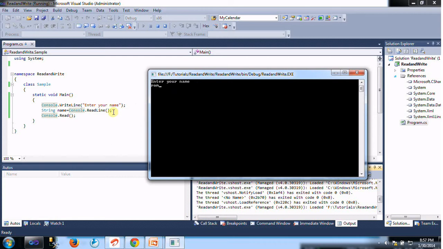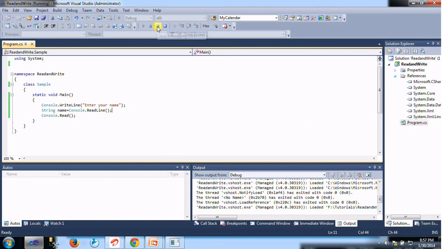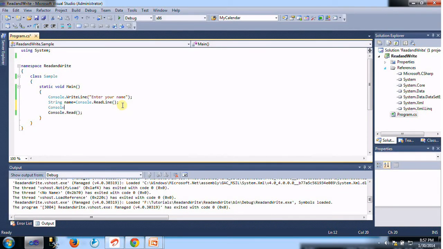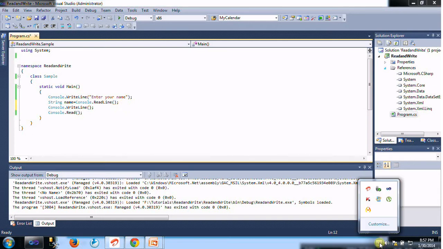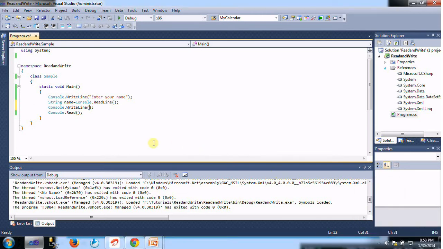With the use of the Console.WriteLine method. Let's stop our execution. With the Console.WriteLine method there are two ways to write our message. The first way is concatenation.